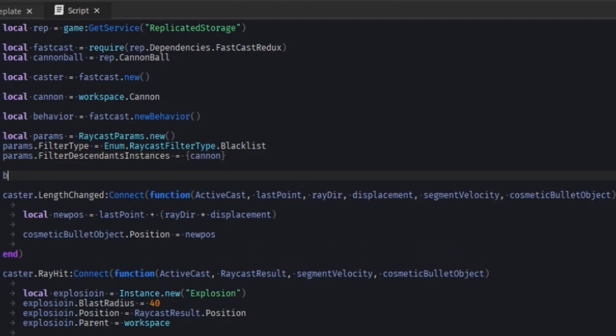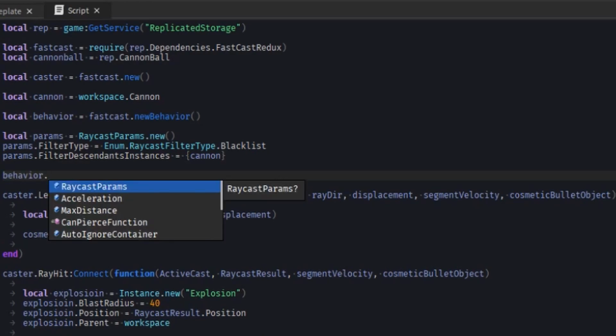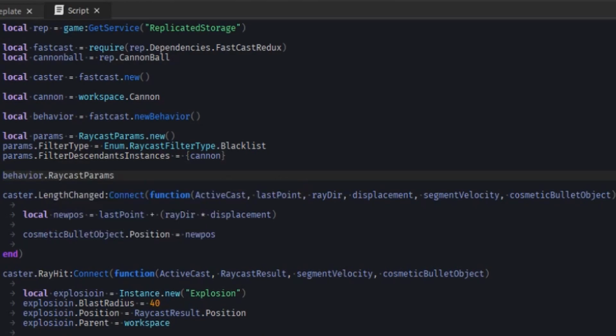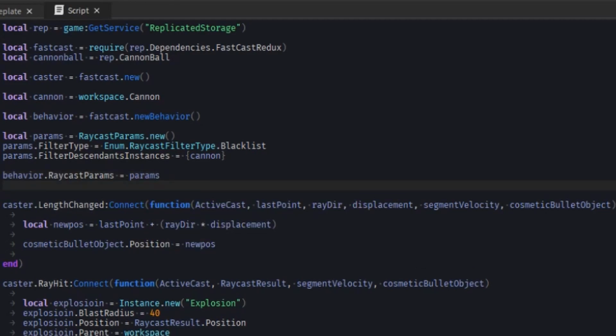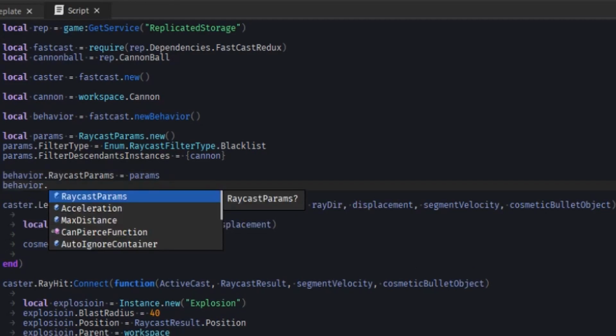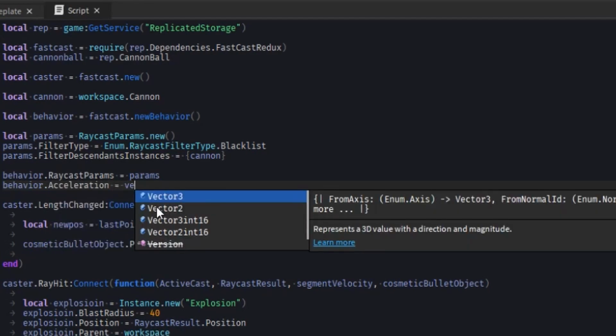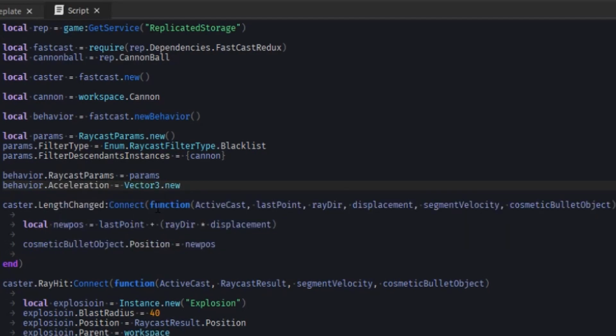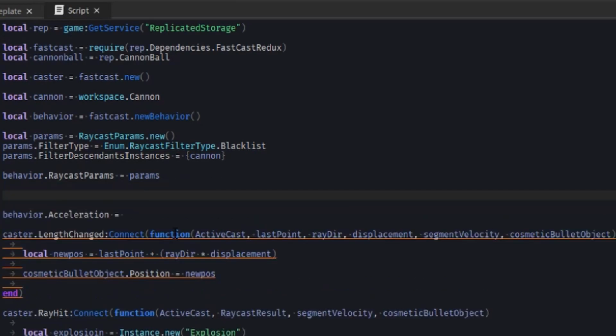and then we gotta set it for our behavior. So behavior.RaycastParams just equals our parameters, and then behavior.Acceleration. What we're gonna do is we're going to make this a Vector3.new. Actually, what I might do, I think I'll get our goal position here, just because it doesn't matter too much.